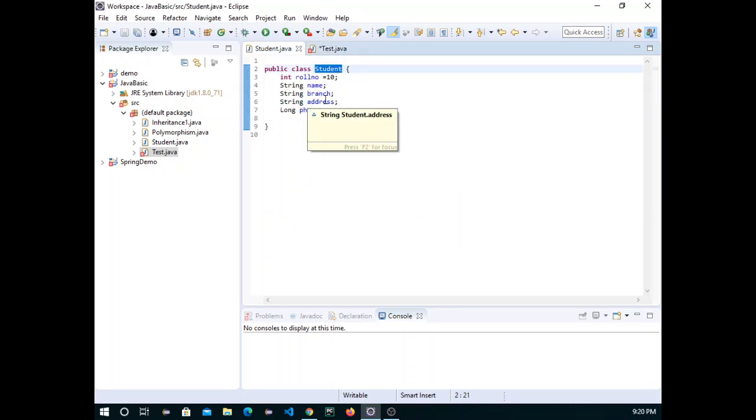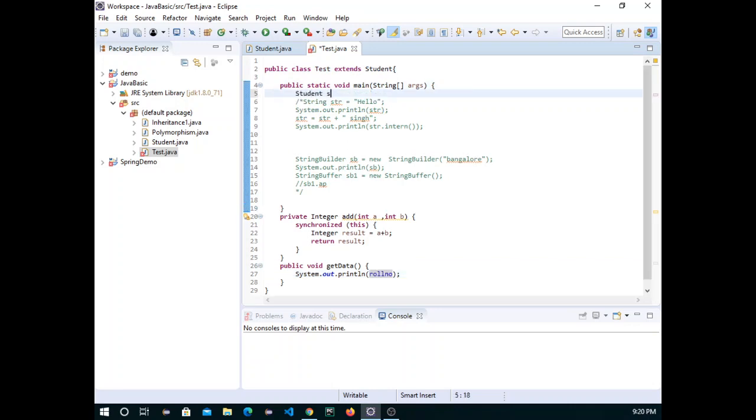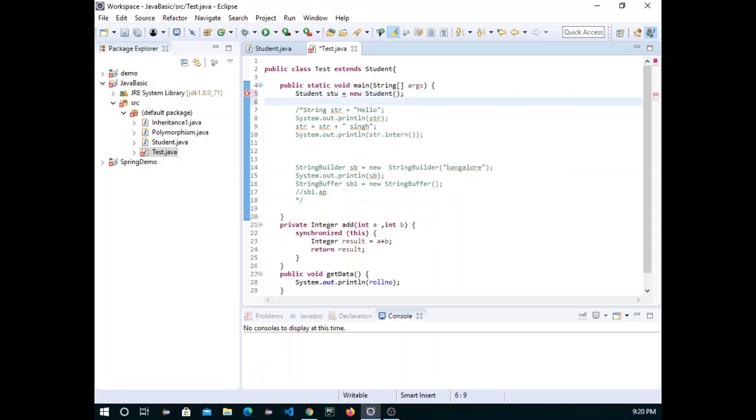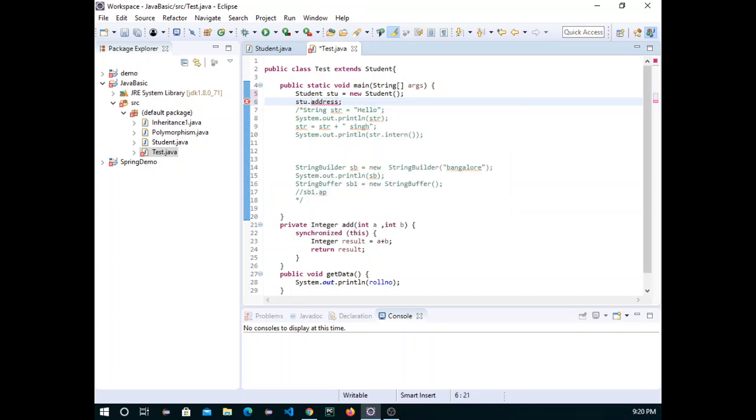Encapsulation means basically we will restrict. If someone wants to access the data of a student, he has to create the object, and only then can he access it. Even after creating the object, he should not access the data directly like this, object name and then the property name. No, he should not access it like this. If you want to access it, you have to go through a certain way. So how will we do that?